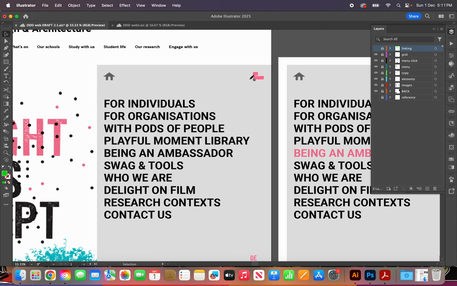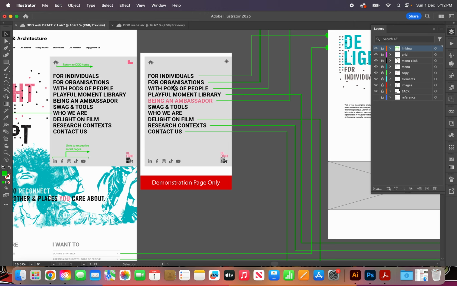I've highlighted being an ambassador in pink here because I just want to show that it would be great for these links, these words, to highlight in pink as you hover over them. So say if I'm hovering over being an ambassador, it highlights in pink, and then when I click it,